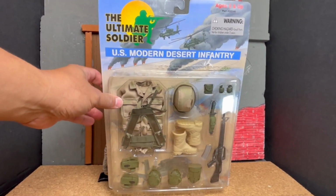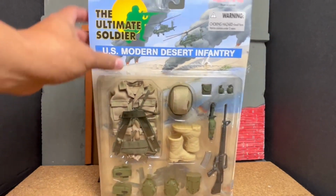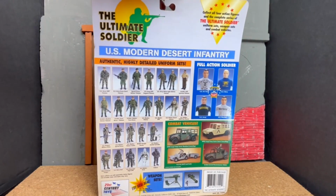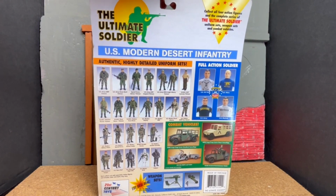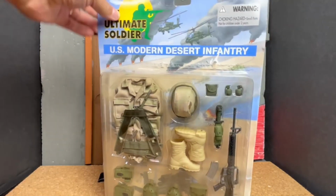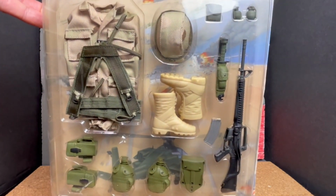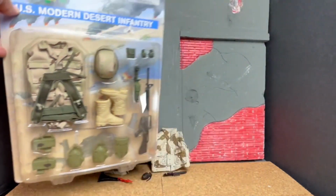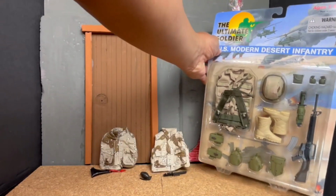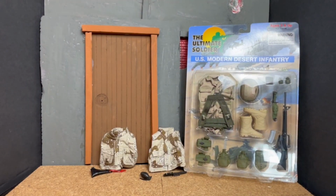Yeah, look at that. I got this for less than 10 bucks, and let's see here. I can dress up one of my Classic Collection Joes in it, and yeah, it's 21st Century Toys Ultimate Soldier. There it is. Pretty cool. I'll sit this here, right? Well, let me put this over here. All right. Then,